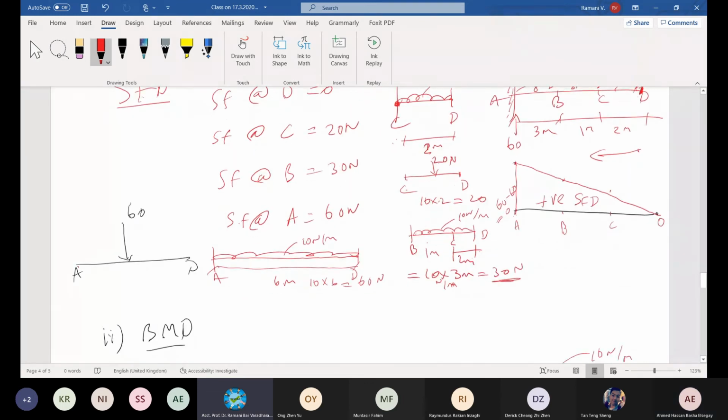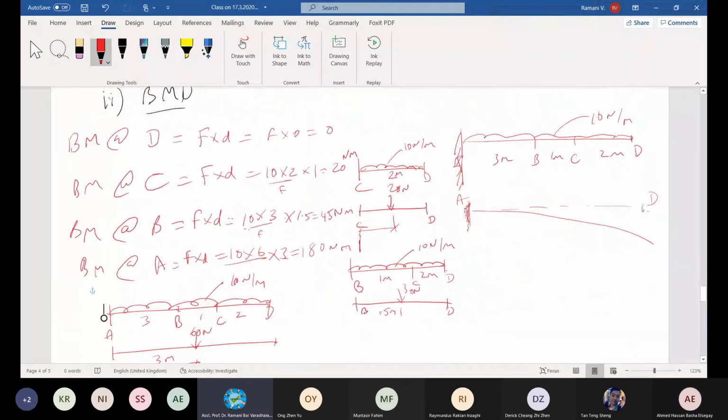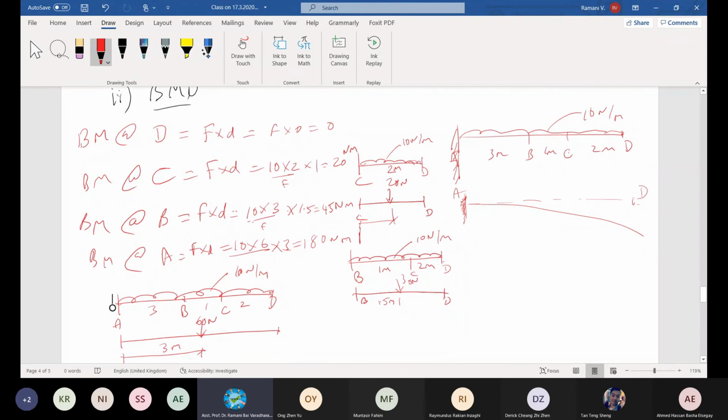Yes, miss. Answer me, which is it, hogging or sagging, this type of bending? Due to this loading on top, which is only one type of loading acting downward over the beam from A to D, will it cause a hogging or sagging moment? That is going to define the shape of your bending moment diagram. That's why you need to know which is hogging or sagging. Or just say anticlockwise or clockwise, that is also okay. But now it's very clear there is only one way of bending, either hogging or sagging.